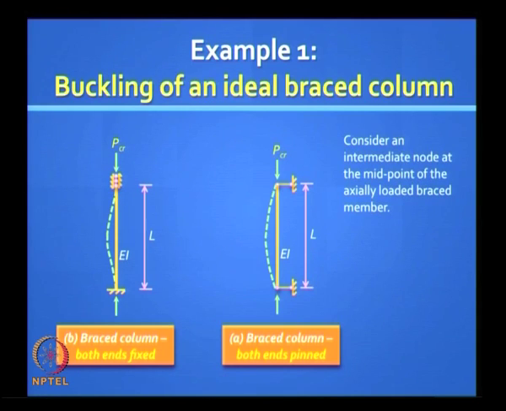Well, we will try this out. We will just put one node in the middle. You can divide into 3 elements, you will get a better result, 4 elements even a much better result. But let us check out with just 2 elements whether we get a reasonably good result or not, and that will validate our method. So we will do that, and we will write the stiffness matrix, and we will put the determinant equal to 0 for the active degrees of freedom.